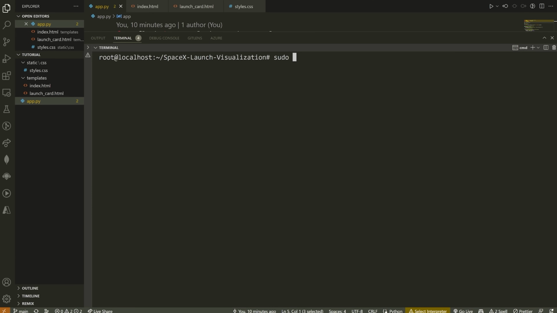So what we're going to do is type sudo, standing for super user do, and we're going to rm, or remove, the /etc/nginx/sites-enabled/default. Okay. Now, what this will do is remove the default configuration of Nginx so that we can actually add our own configuration. So now for our new configuration, we're going to type sudo nano /etc/nginx/sites-available.